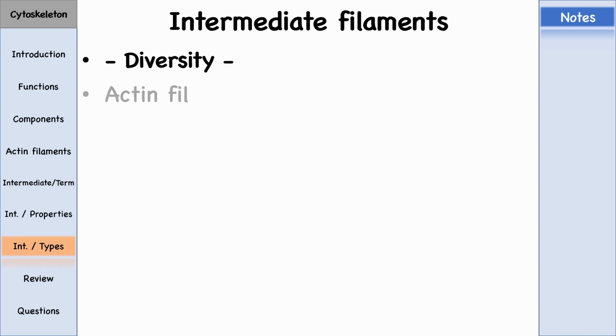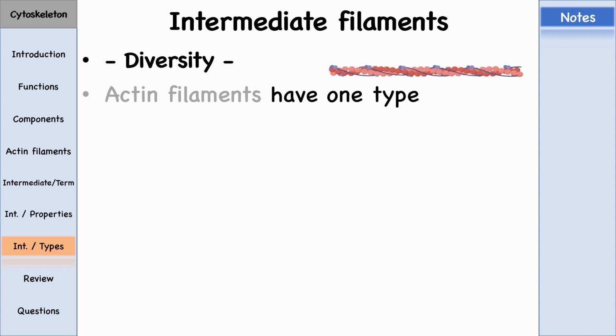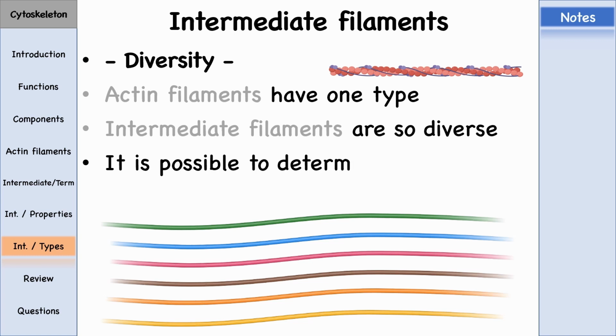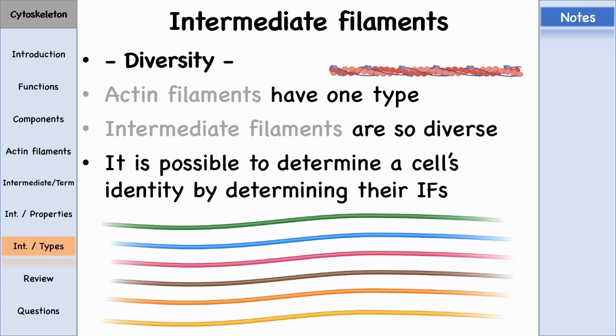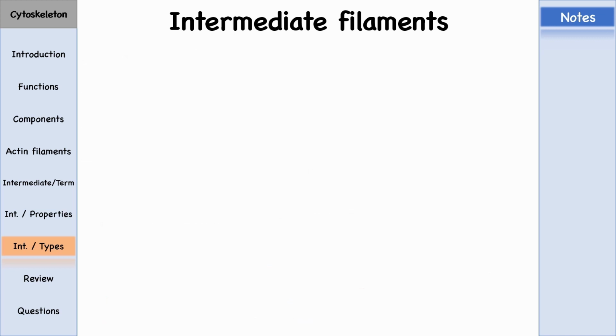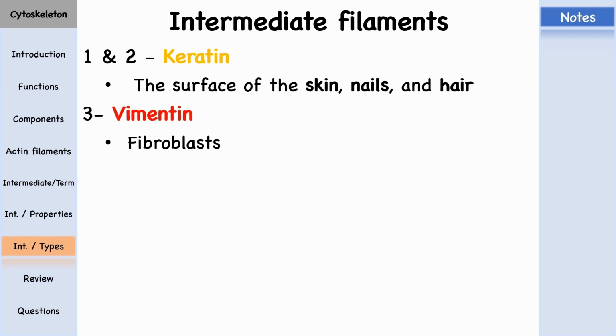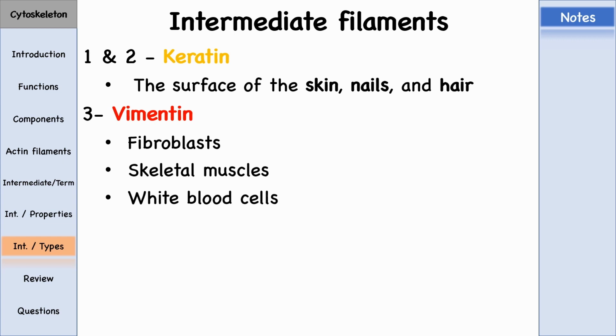Unlike other filaments that have one type of protein in all cells, intermediate filaments are so diverse that we can determine the type of the cell if we can determine the type of the intermediate filament proteins in it. We can divide them into 6 different types according to the similarity in structure. The first and second type is keratin, which is found on the surface of the skin, nails, and hair. The third type, which is the most common one, is vimentin, which is found in fibroblasts, skeletal muscles, and white blood cells. Another subtype of the third type is desmin,